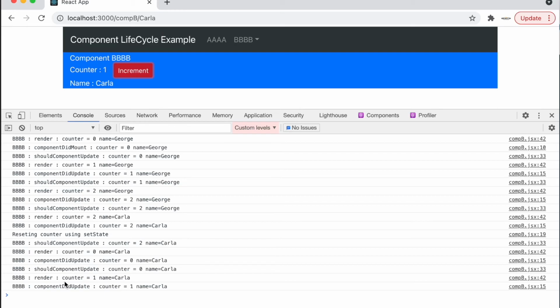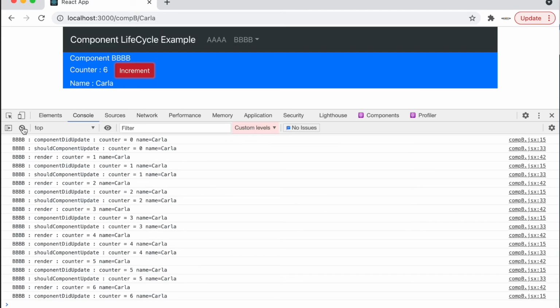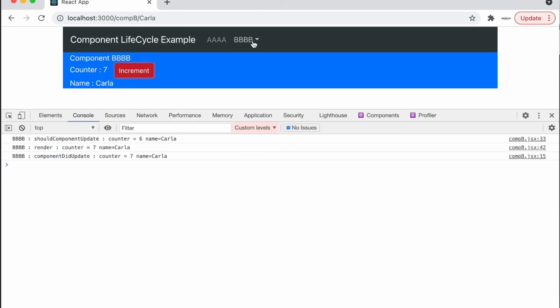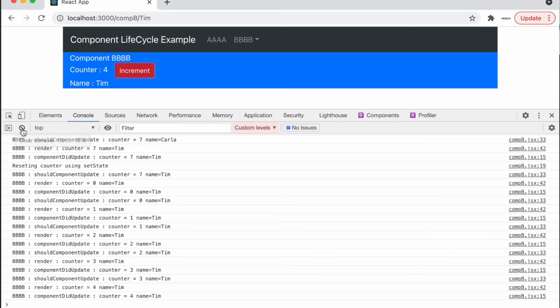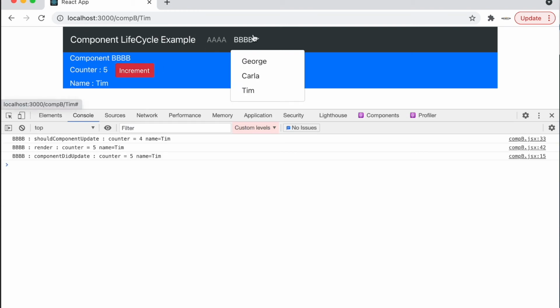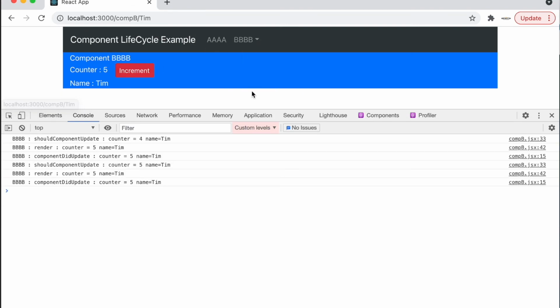Now if I click on it again, the counter becomes Carla and this keeps on working perfectly fine. If I now click on Tim, what will happen? It will get reset to 0. If I click on Tim again, then it got a component did update, but because the props hadn't changed, notice the counter did not change, nothing happened.